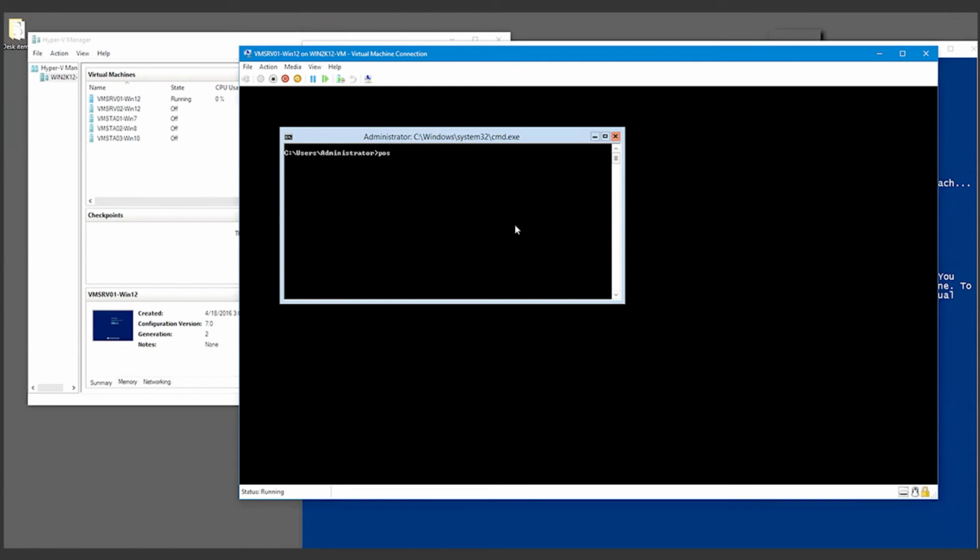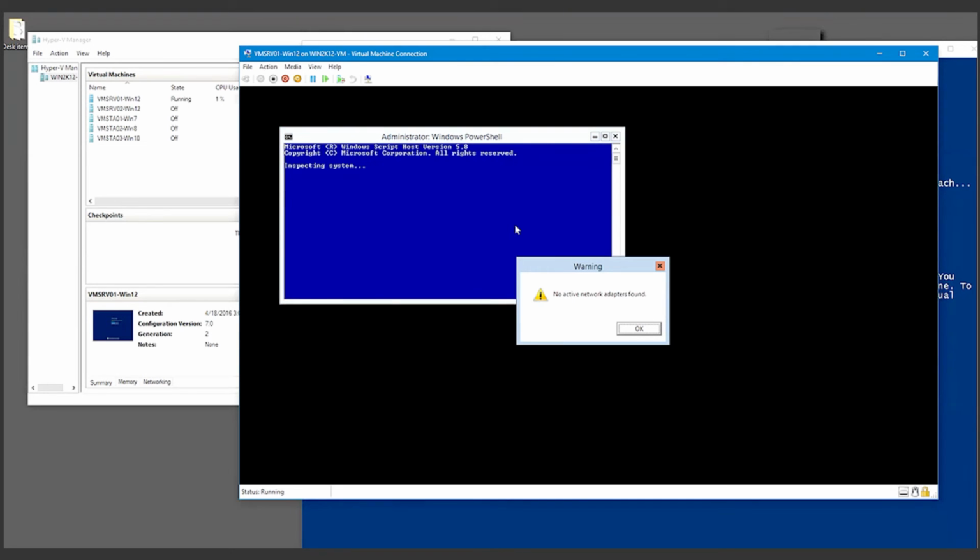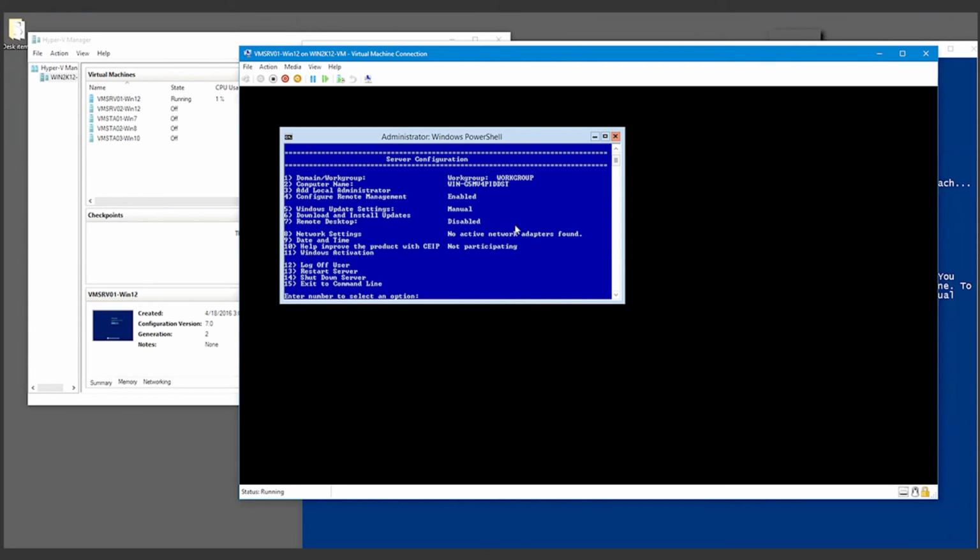You are just given a prompt, and from here I'm going to go to the PowerShell prompt by typing PowerShell and hitting enter, and I'm going to use the command sconfig to configure the network interface and all the necessary configuration that is needed. And no active network adapter. This shows there's no NIC or network interface card that is configured on this VM. So we will do that and then continue the installation